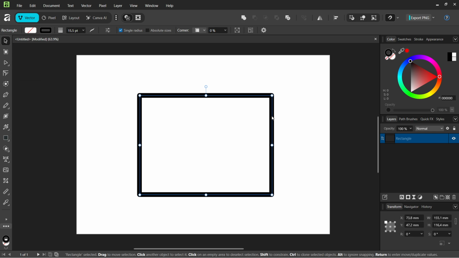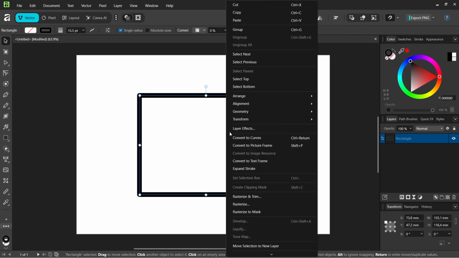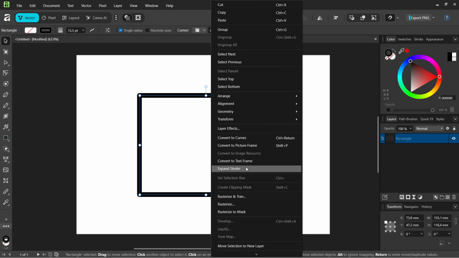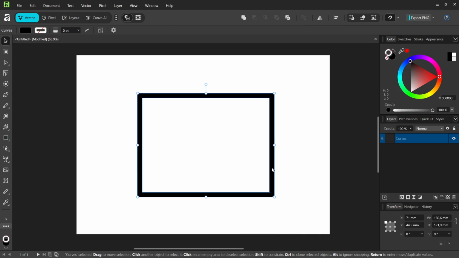And to actually expand it, you want to right click anywhere on this object, on this stroke, and then here is going to say expand stroke. This is going to turn it into curves, and now from here you want to click on the node tool